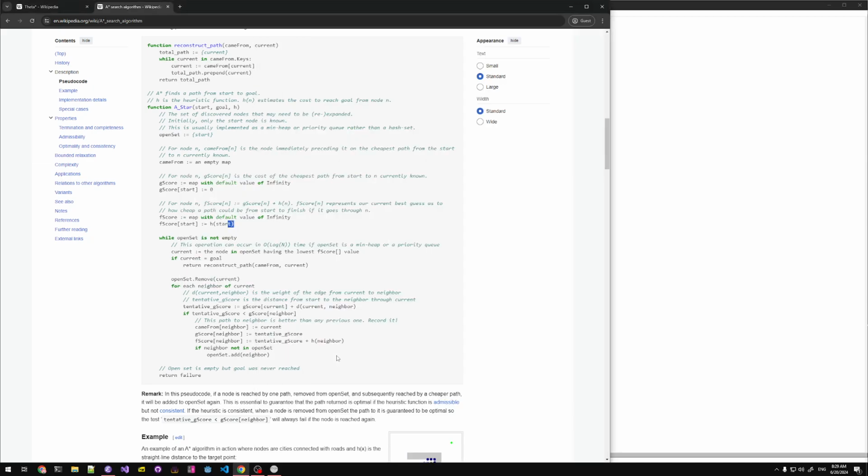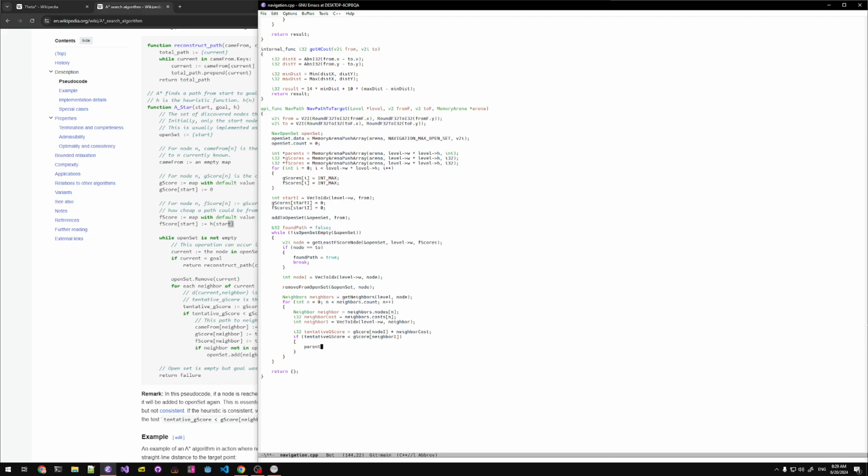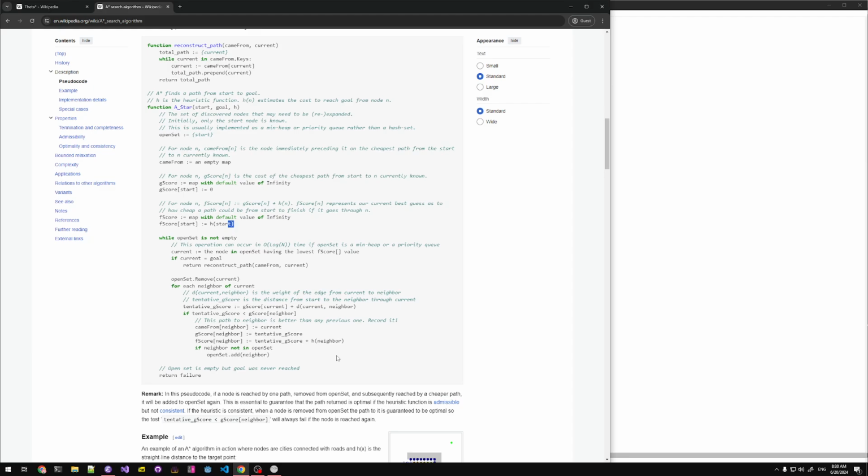And if it is, I set my parent for neighbor I to be the node I, set the g-score for neighbor I to be equal to tentative g-score, and set my f-score for neighbor I to be equal to so g-score is the cost of getting to the node. So we